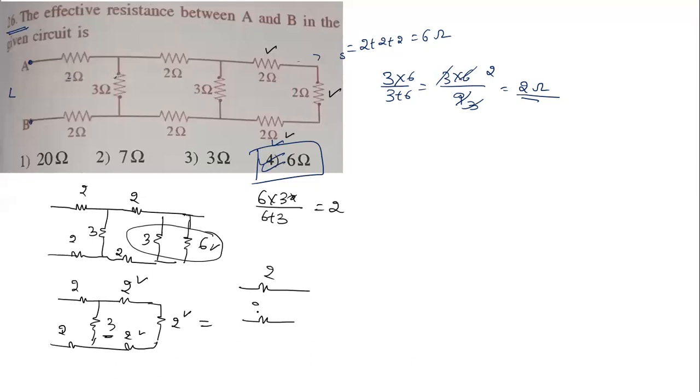So it is 2, it is 2, and here it is 3. And these 2 I'm going to replace. It will become how much? It will become 6. So this 6 and this 3, in what combination? Parallel combination becomes 2. Okay, now it will become 2. This will become 2. And this will become 2. Again 2, 2, 2 will become 6. So 6 is the answer.